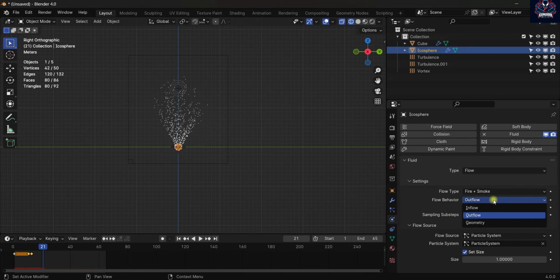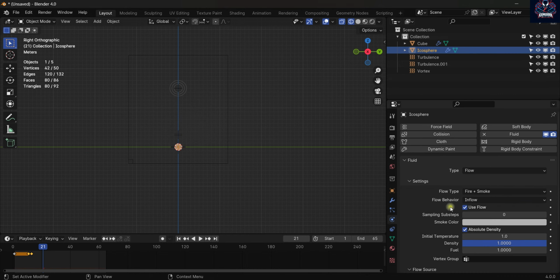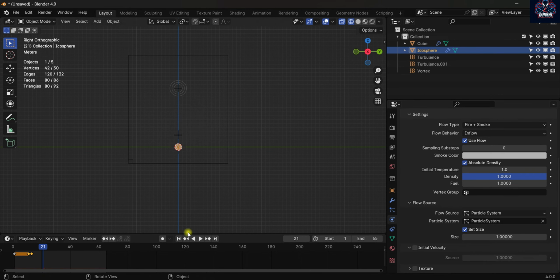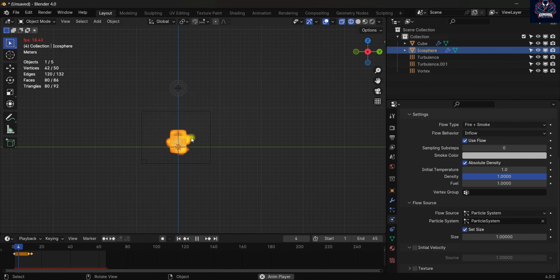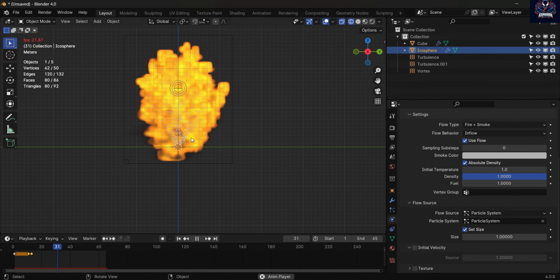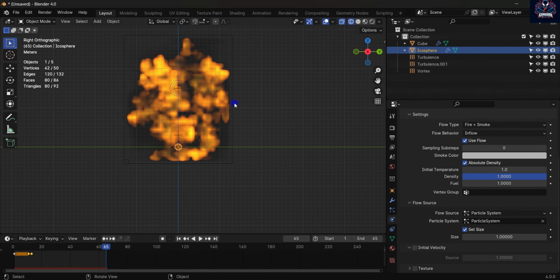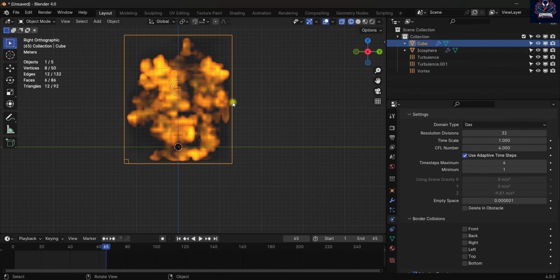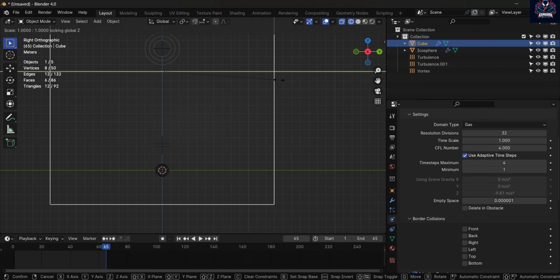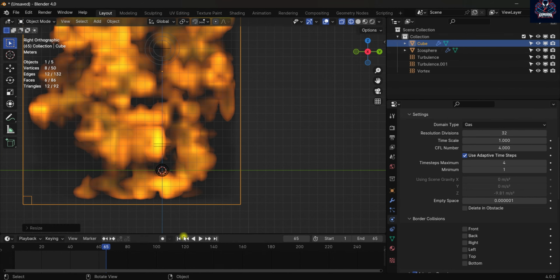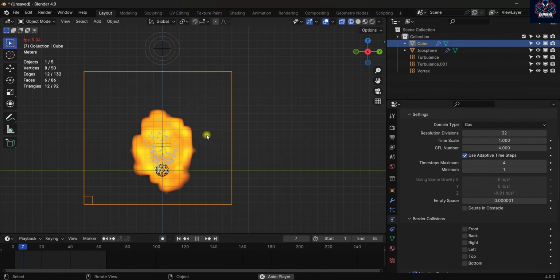Okay, one thing that we missed: instead of outflow, we need inflow, and the flow source is okay. As you can see, we have an explosion. Yeah, one thing that we want to do is to increase the domain size. As you can see, it collides with it and it doesn't look good. So in order to fix this, you can increase the scale of these on the X and Y axis. So hit S and Shift Z to only scale it on the X and Y axis. Now, if we play this,